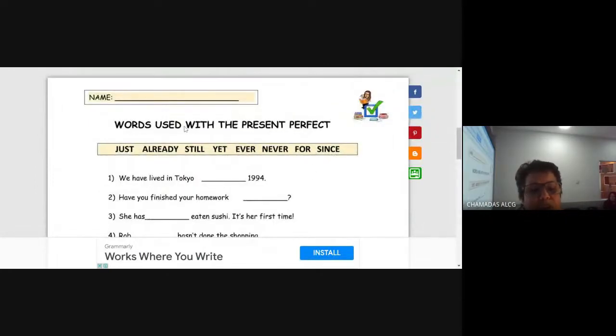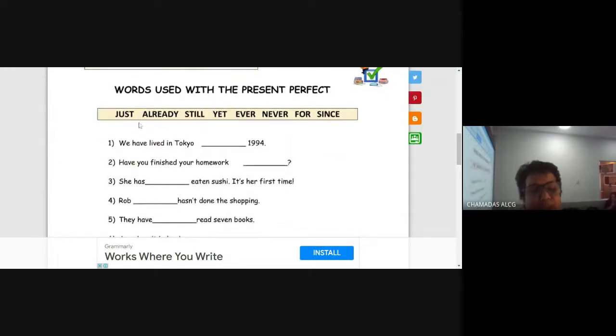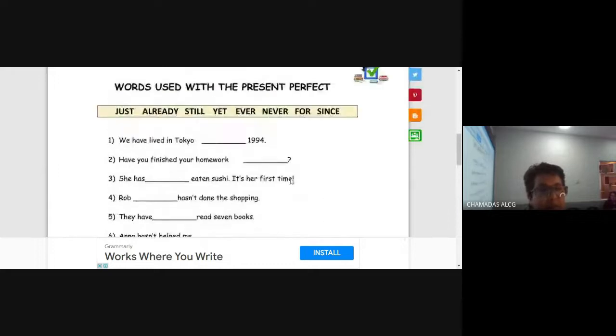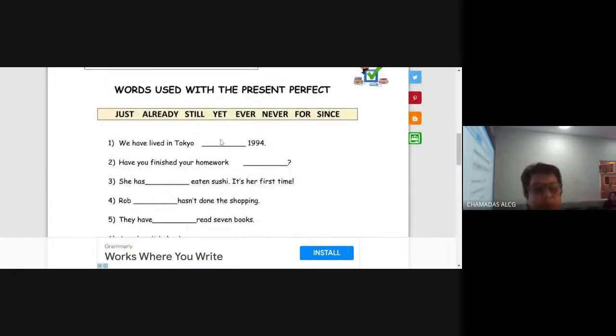Look, words used with the present perfect. Here we have all of them, or some of them. Just, already, still, yet, ever, never. We even have for and since, right? So let's try to do this together so we can consolidate this now. And as usual, like I said, it's downloading the whole thing. So yeah, so let's see. We have lived in Tokyo since